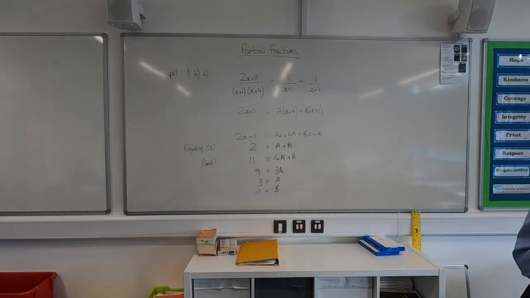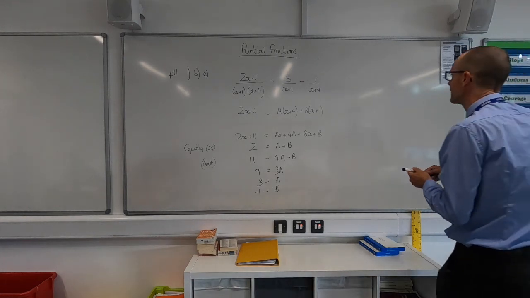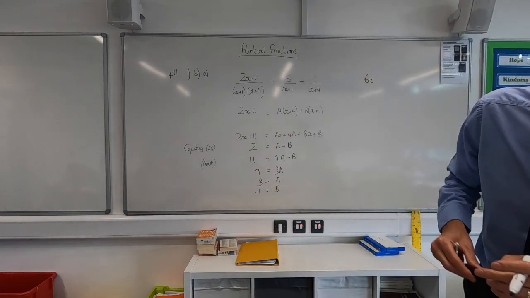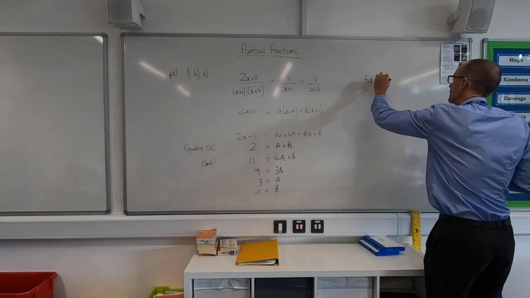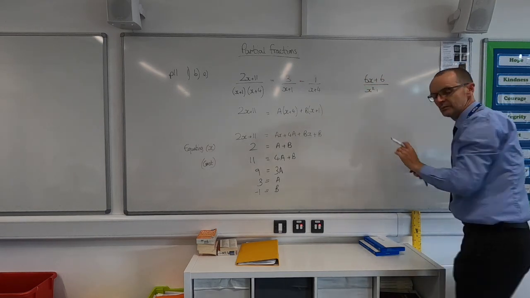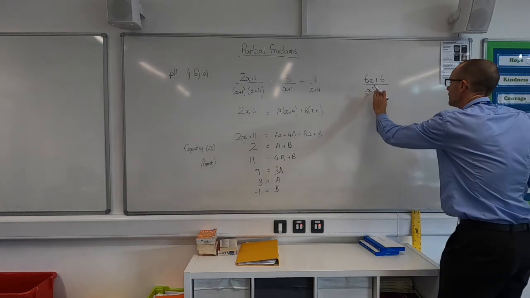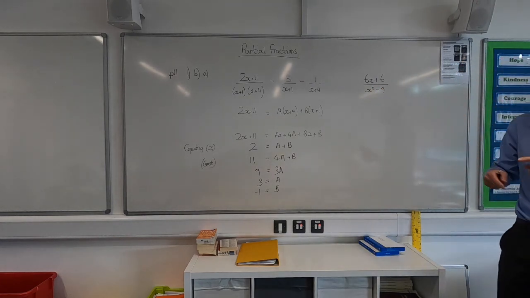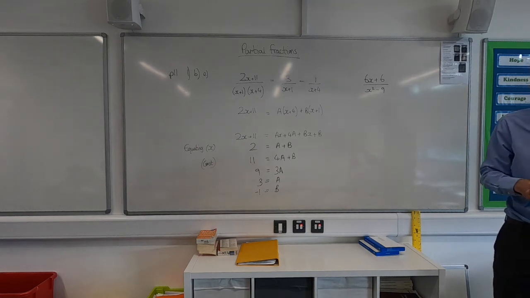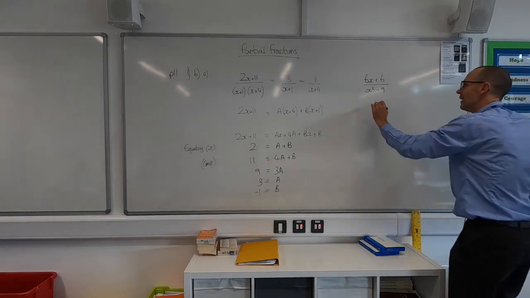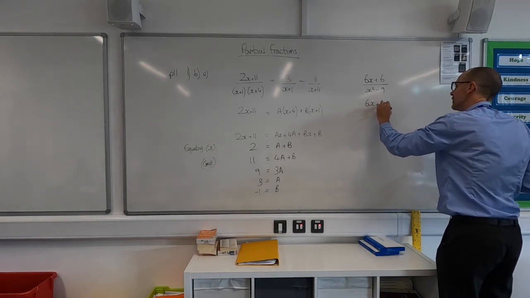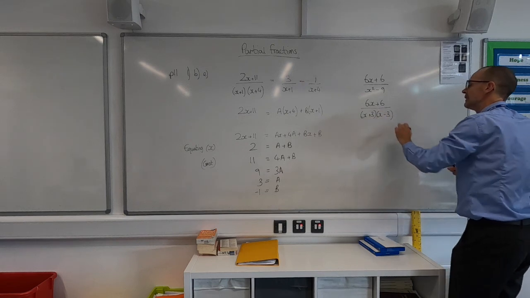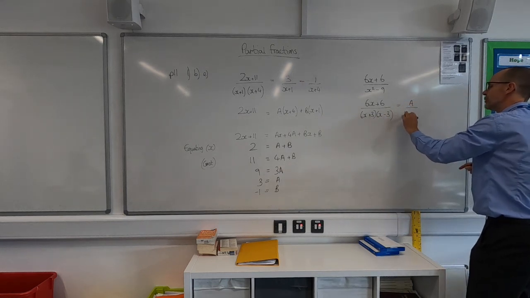Now, if you started E, then leave a bit of space to finish it off. So with E, Grace, could you suggest what I need to do to E before I do the partial fraction process? Yeah, so the denominator in E I need to factorise first, and then I can split it up into my two